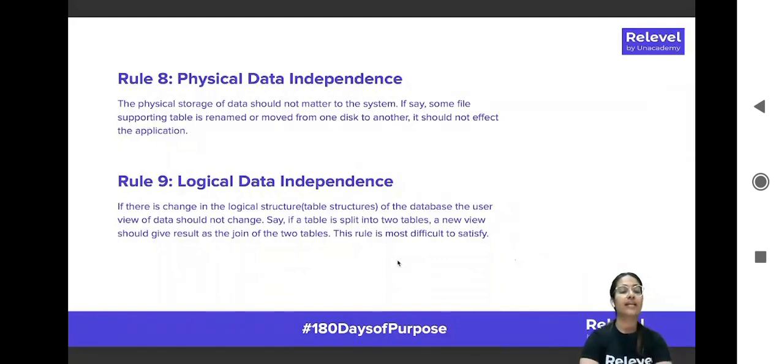Okay, next is rule number 9. Rule number 9 simply talks about logical data independence. It basically means that if there is a change in the logical structure, let's say you were using 5 columns in a table, but now you change it to 3 columns in a table, if there is any logical change in the structure of the database, the user of the data should not